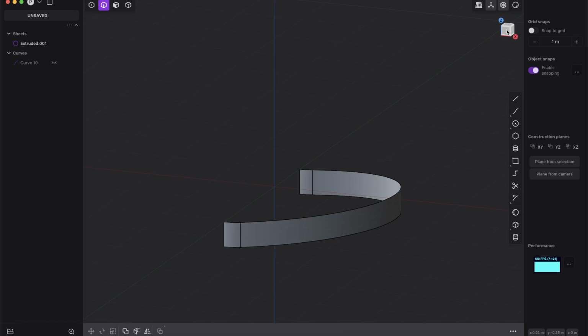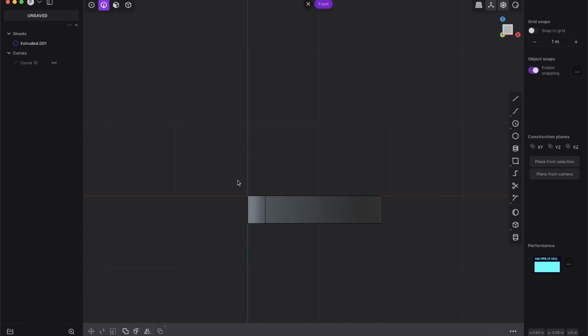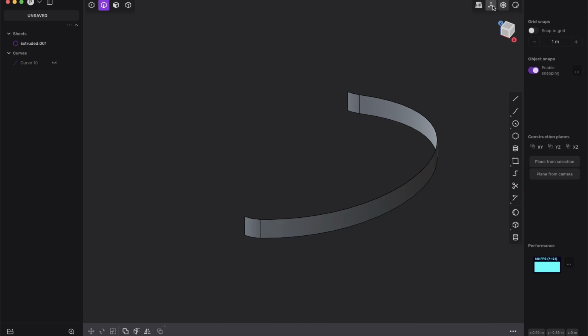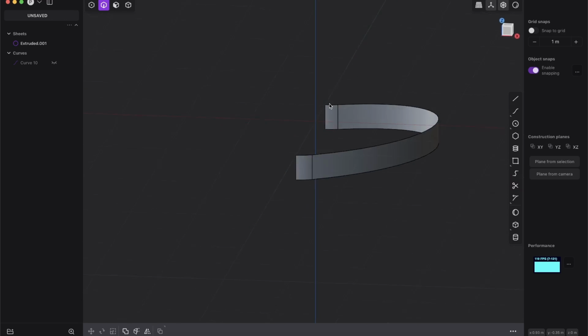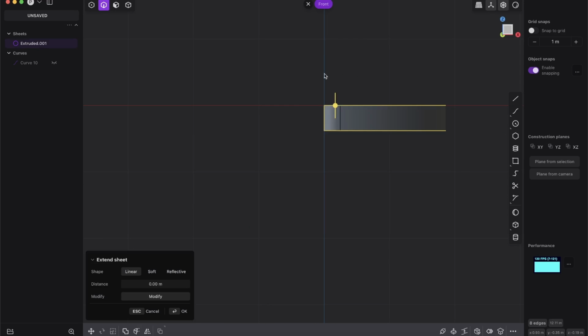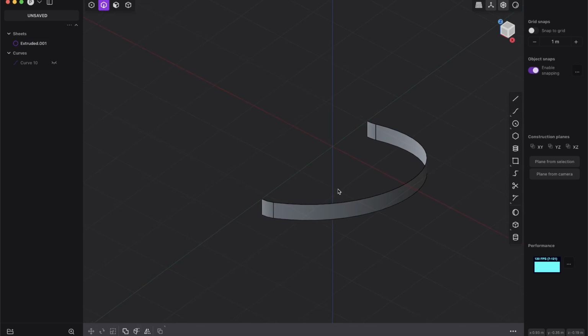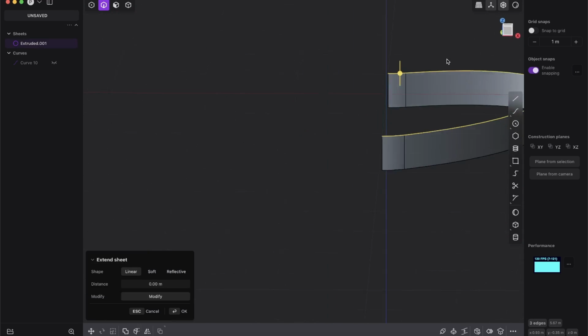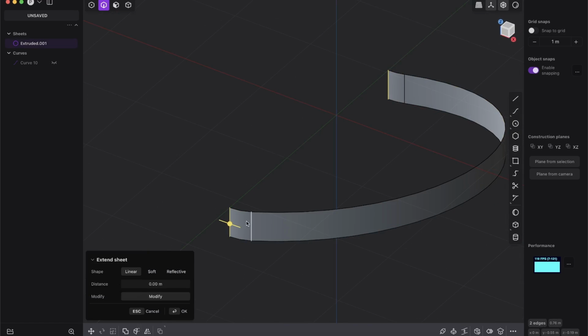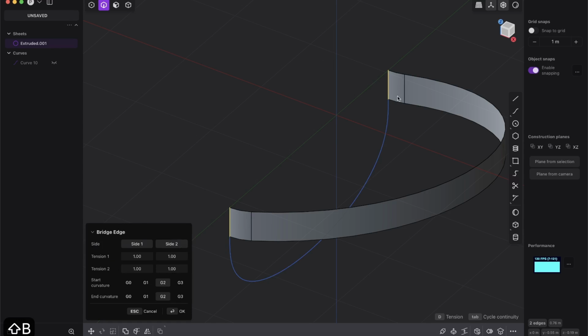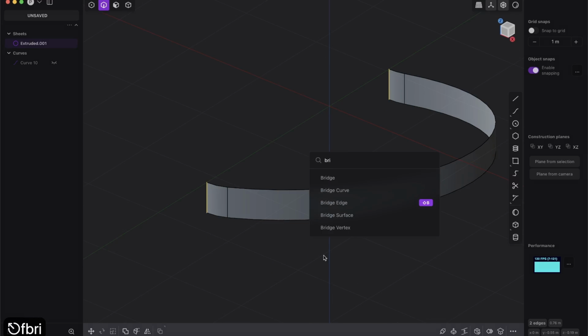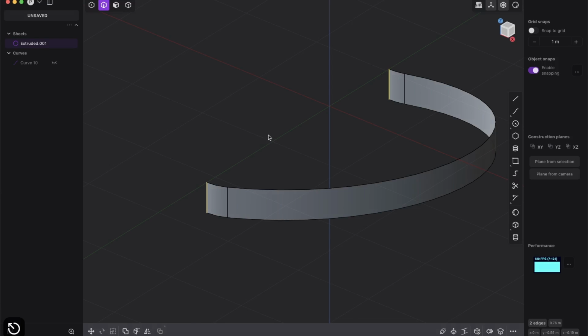Why are we doing this? Because if we are looking from below at this heart, we will just create one quarter, because then we can mirror it all over, because the shape always looks the same in all 4 quadrants, right? So we just need one. But we then need tangency at every edge, so everything will look smooth. For that we have this sheet, and we will use this edge here, but we need one more. So select those 2 edges and press Shift B, for bridge edge. If you don't have it, you can loft them,